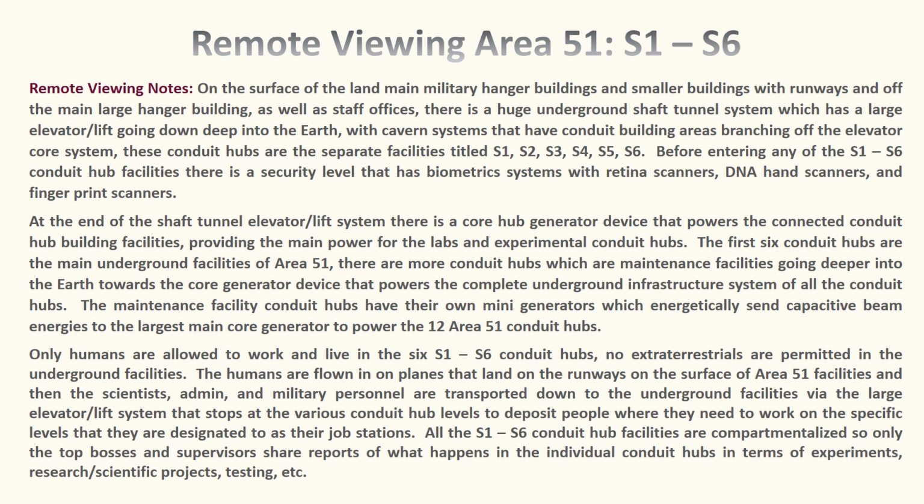The first 6 conduit hubs are the main underground facilities of Area 51. That's in and near and around the Nevada desert. That's Area 51 because the base is huge. It covers several acres of land, and the base has been expanding since its inception in the 1950s, 1960s, and onwards. So there are more conduit hubs, which are maintenance facilities going deeper into the earth towards the